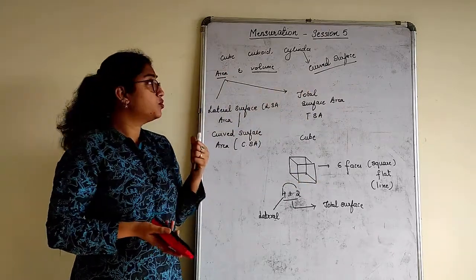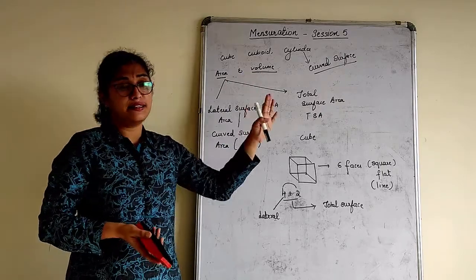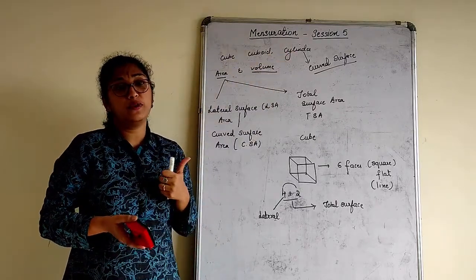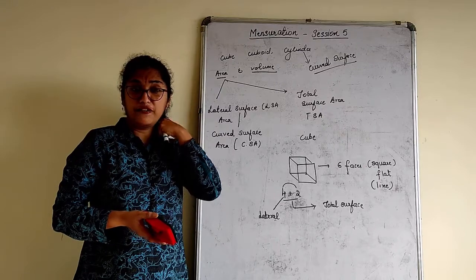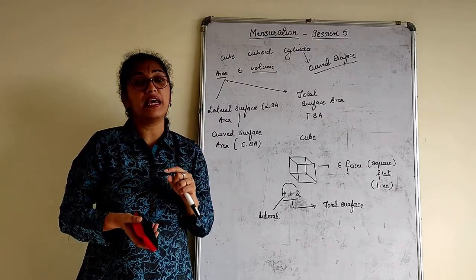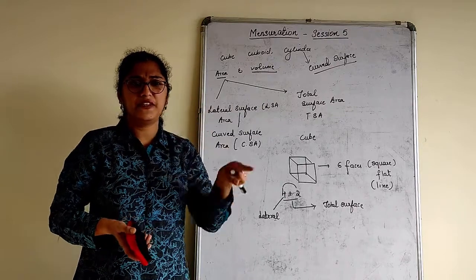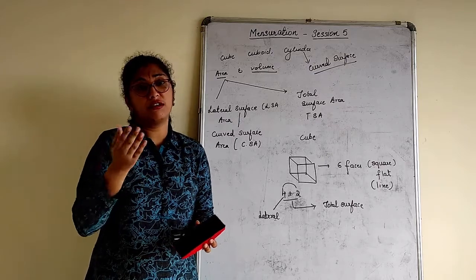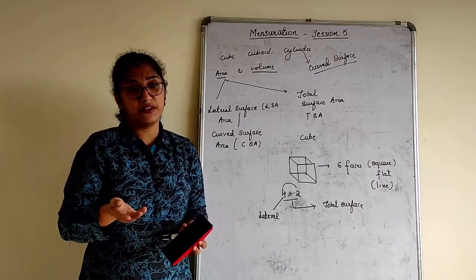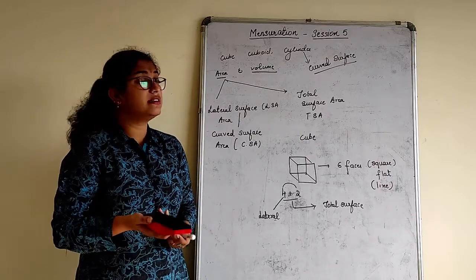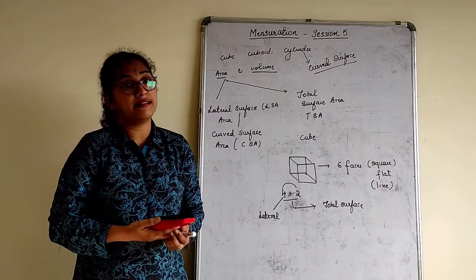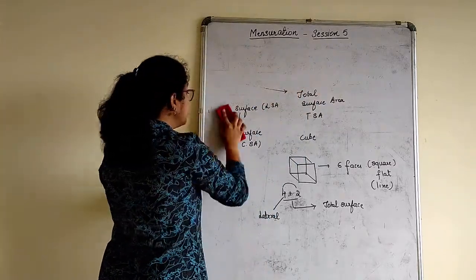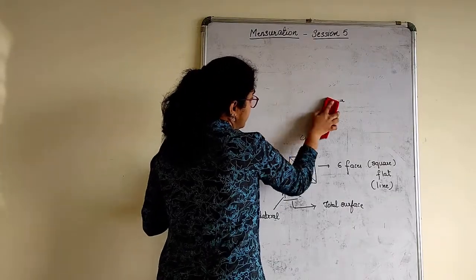In 8th standard you only study cube, cuboid and cylinder. In your 9th standard you will again repeat these things. Along with these solid figures, you will also study cone, hemisphere and semi-hemisphere. A circle is a plane figure; hemisphere is a solid figure, and semi-hemisphere is half of that. You will study that in standard 9 and again in 10th. So this year's mensuration chapter is a base for your 9th and 10th grade.